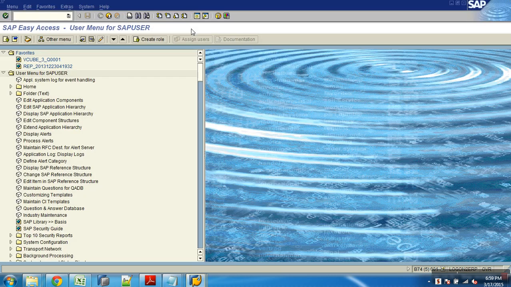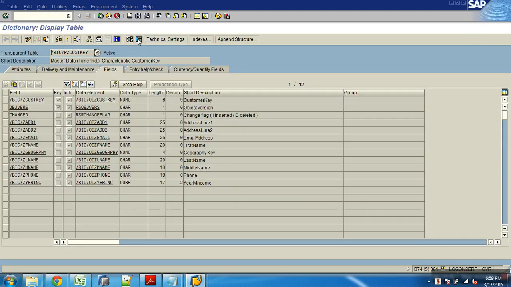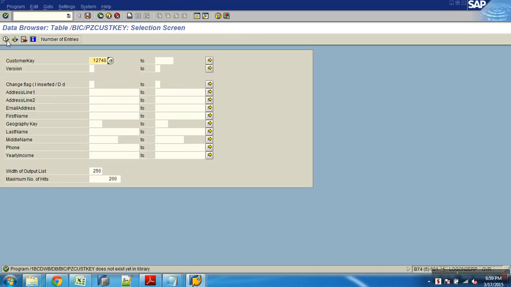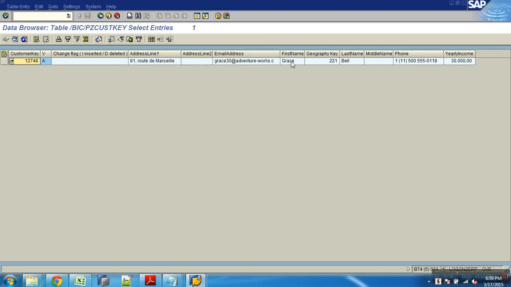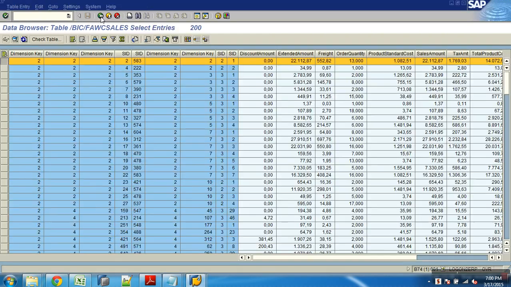Now if I want to see what this customer is, I'll open up what? The attribute table. Attribute table of customer key, yeah? And give this number and see what this number indicates. There is some customer called Grace, Grace Gill, and he belongs to this country, and this is a number, this yearly monthly income, and this address. So I am able to link up from that. So from the fact table to the dimension to the SID to your master data. That's how in the fact table it all maintains the numbers in it.